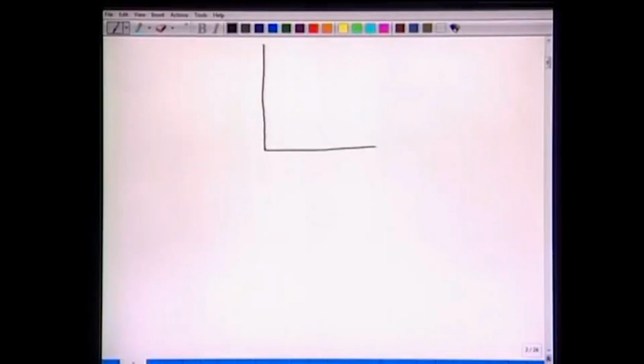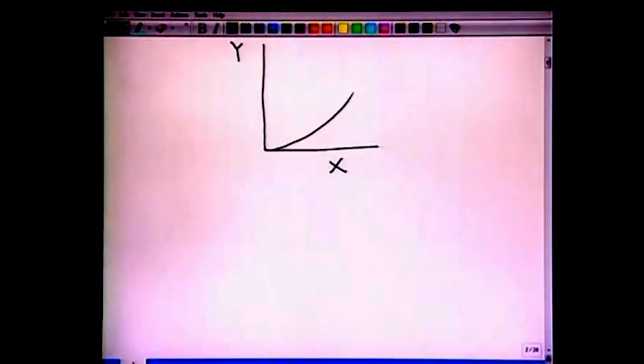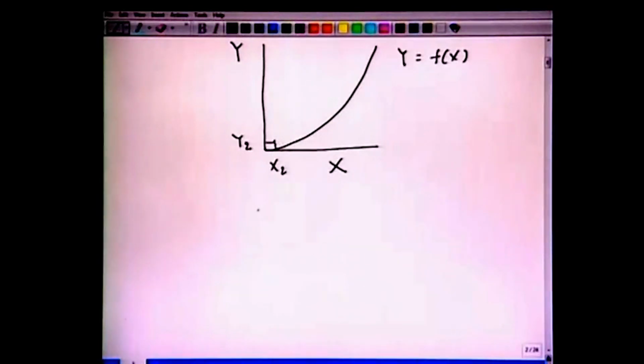Alright, but we must also understand that whatever we can do graphically we can also solve mathematically by writing down these equations. So let us redraw this curve of operating lines and equilibrium curve. We have y versus x. Let us assume we have the equilibrium curve like this. We have been given these equations y equal to f(x). We know these points, we have x2 and we have y2. So this is at the exit end, and we know y1, the feed concentration in the gaseous phase,